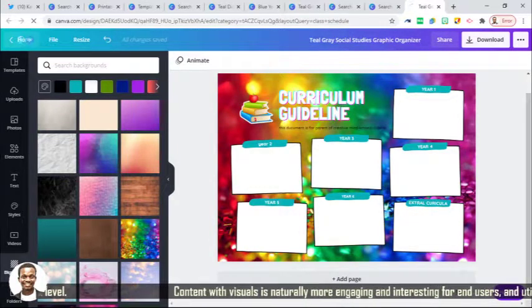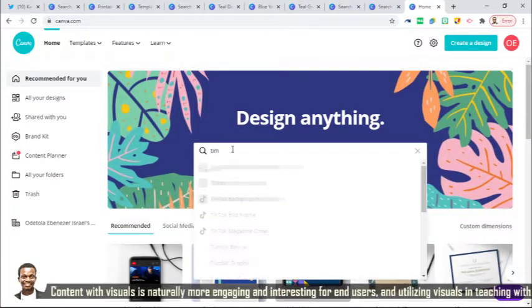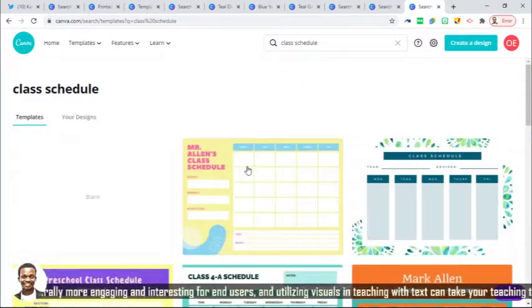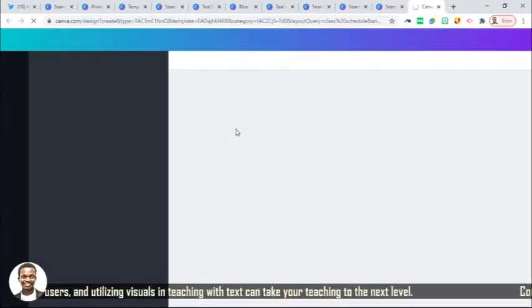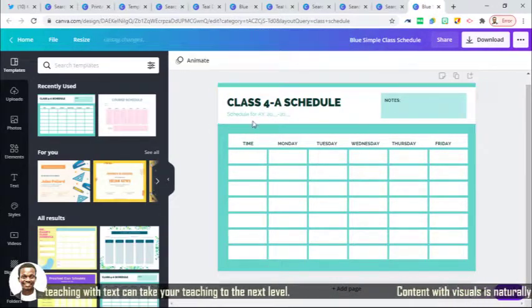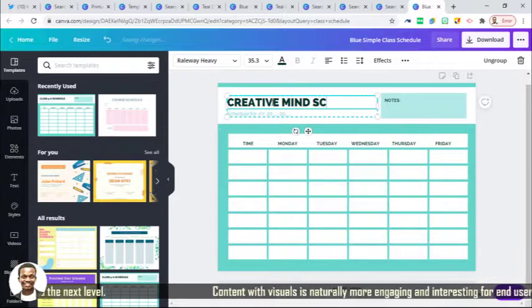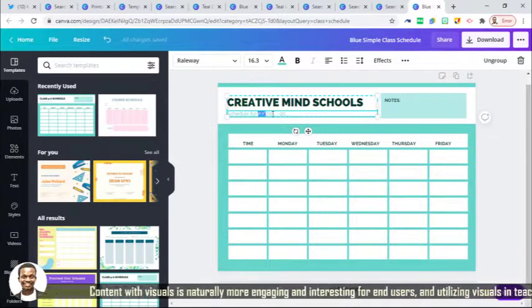So the next thing we are doing, let me go to the home page again, and our timetable for the school. Timetable, time schedule, also class schedule. We can also use class schedule to get the timetable for school. So let me look for anyone that is, this is not bad at all. So with this right now, I'm going to, what's the name of my school? Creative Mind School. Time schedule for